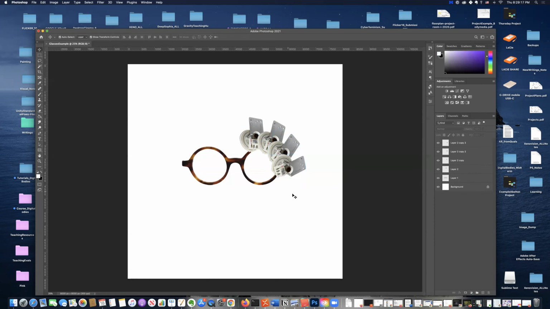And I'm hitting enter after I move it, and I'll do Option Shift and drag this out. And move it. And this one has to come a little bit over here. Maybe like that. And I'll do Option Shift again and drag this over here. Option Shift again and drag this over here. Okay, so